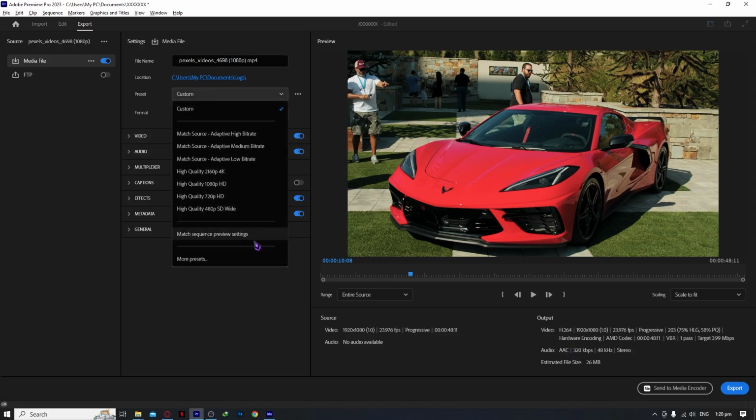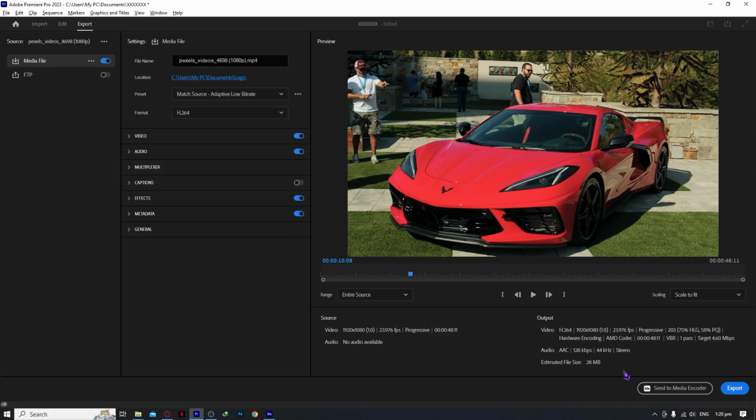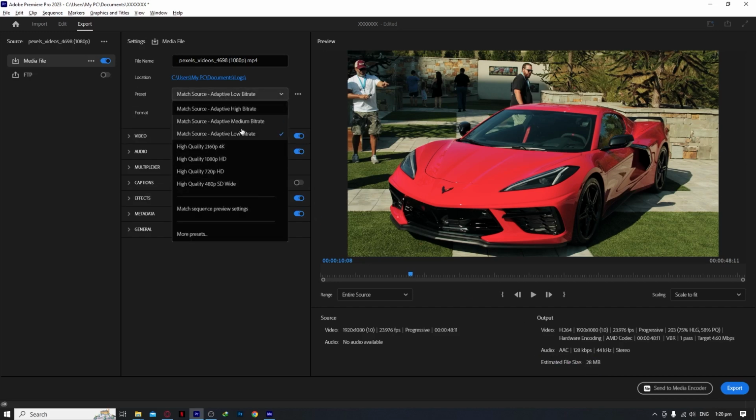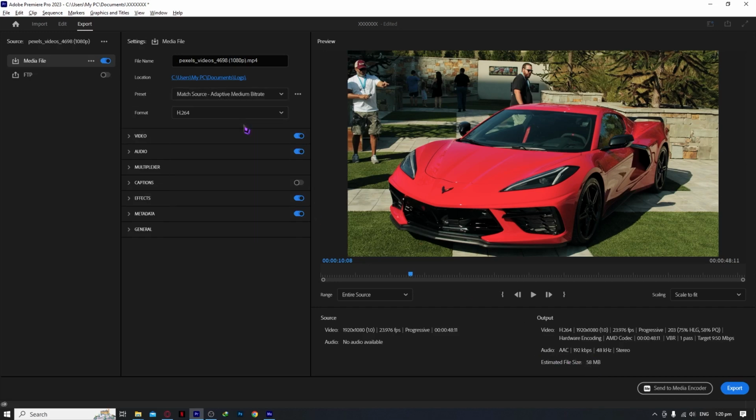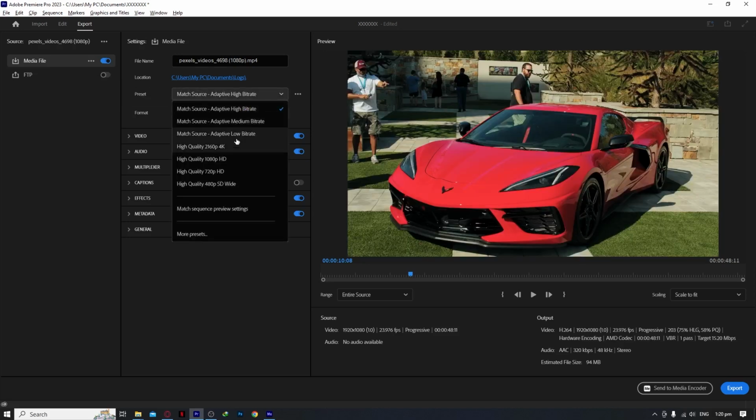And then from here, you can go into choose a preset right here in the bit rate. You can pick low bit rate. Let's see, it's 28. It actually increased. But if you have a high estimated file size, you can try going here in a bit rate right here, so you can find which one would lower the file size right here. But as you can see, it's probably the adaptive low bit rate right here that would be the best